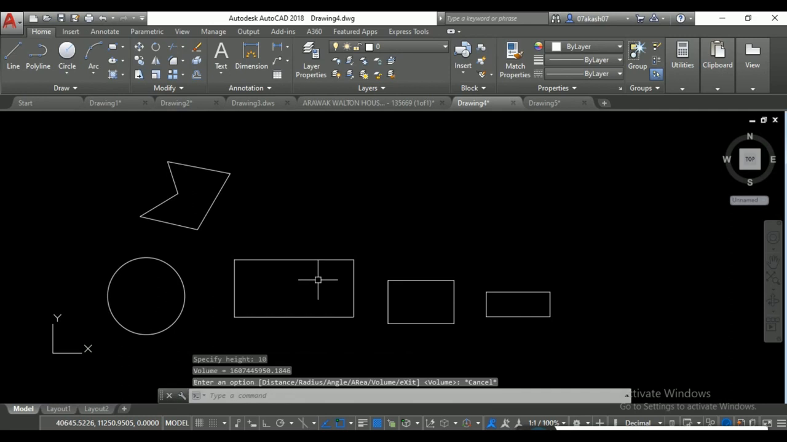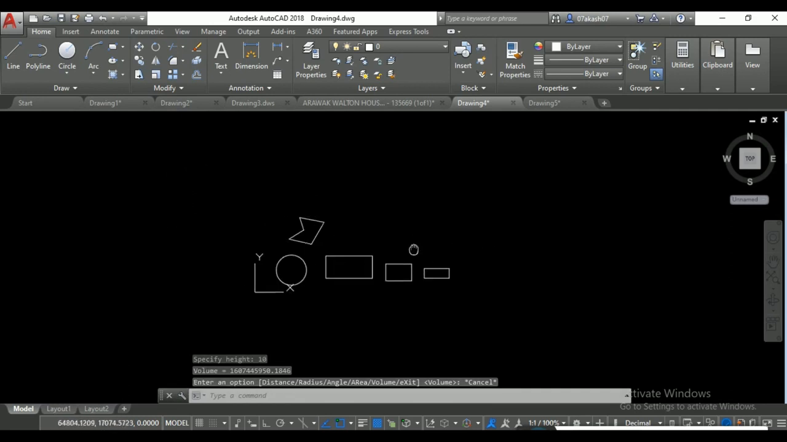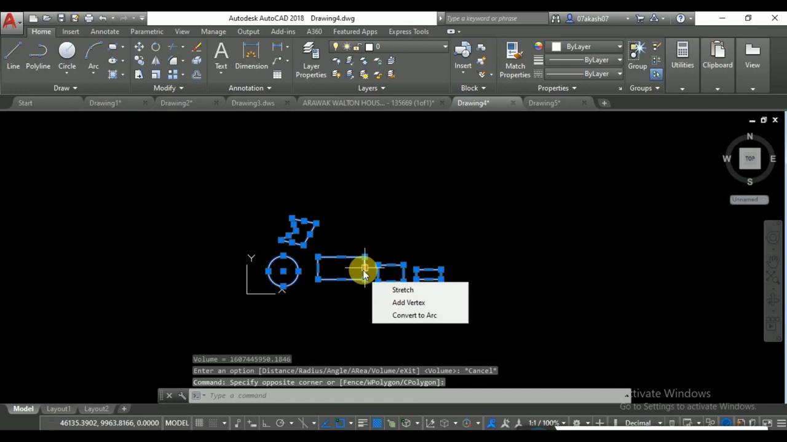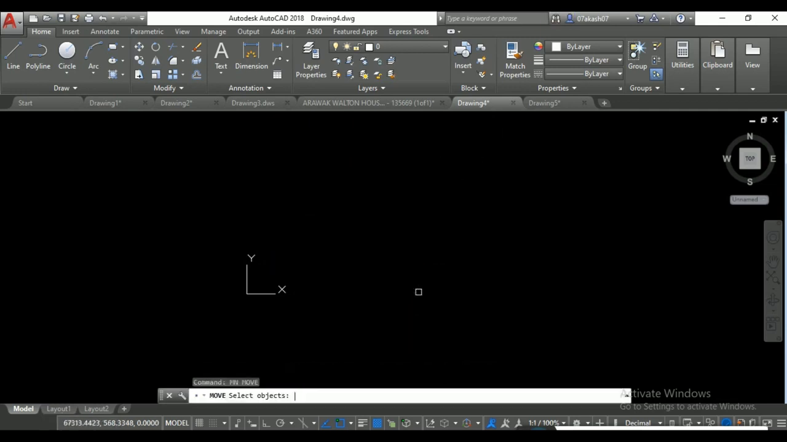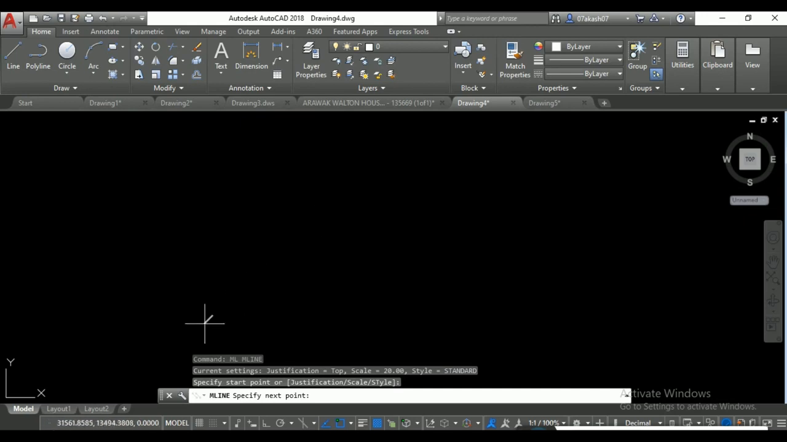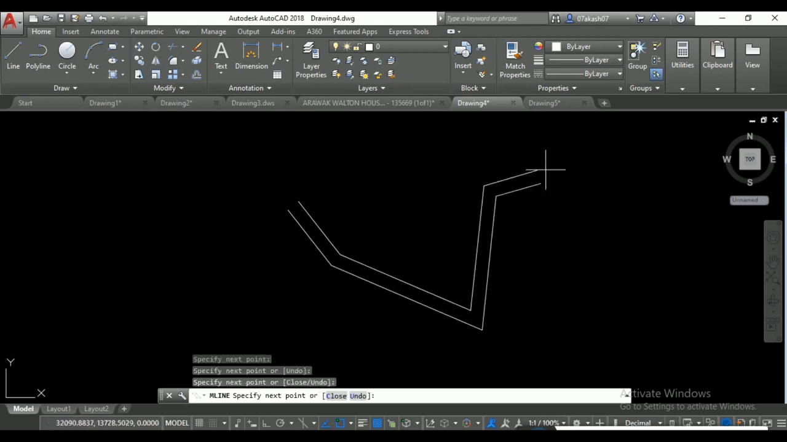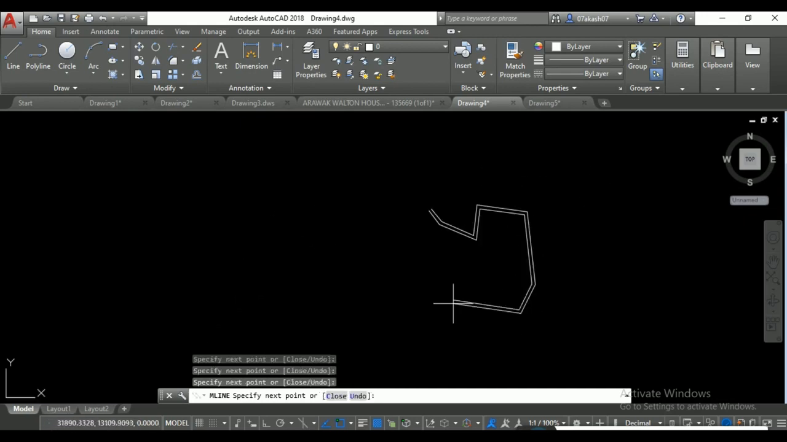Let's move ahead. Another command is called multi-line. Multi-line is basically used to draw two or more lines together. ML enter. You can see two lines are drawing together. You can also increase the number of lines, for which you have to use another command,